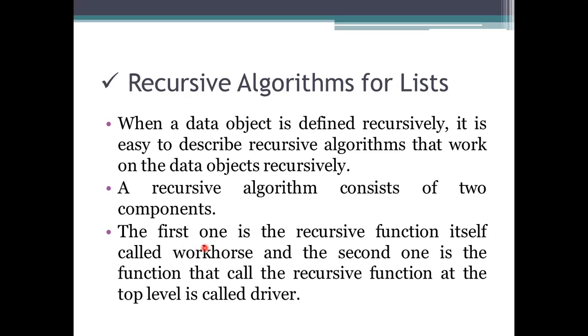The two components are the recursive function which is being called, which places the calling node, and that is taken as a workhorse, which places this call, then it will be considered as a